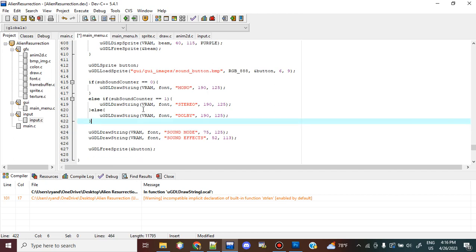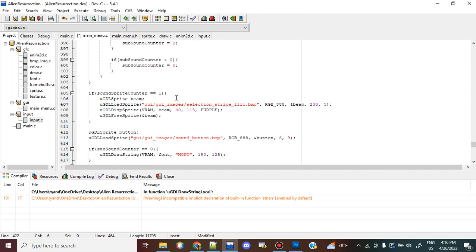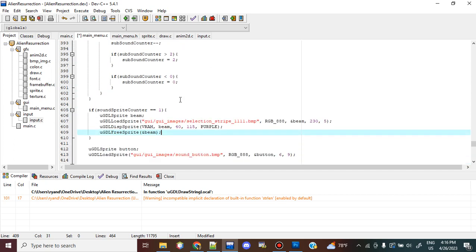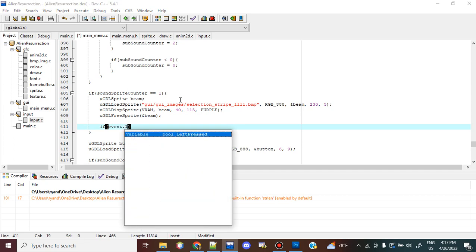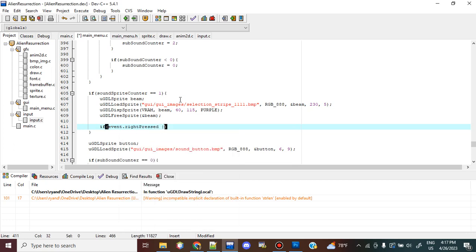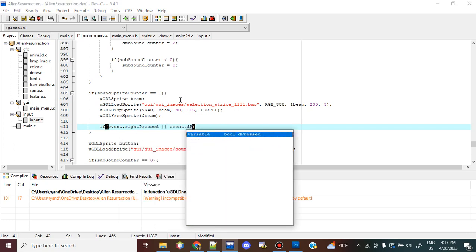Well, first we need to actually do this. So if it's equal to 1, event dot right pressed or event dot depressed,